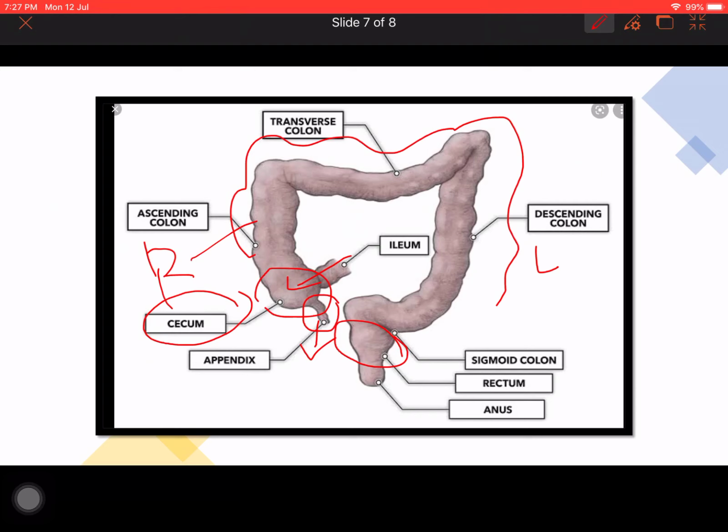How is the absorption of water happening? In the large intestine, in the ascending colon, the transverse colon, and the descending colon, the absorption of water takes place. Now what happens in the rectum, the last part of the large intestine? It is actually 15 centimeters long. It opens outside through the anus, and it is guarded by an involuntary internal sphincter and a voluntary external anal sphincter muscle, which control the bowel movement through the anus.